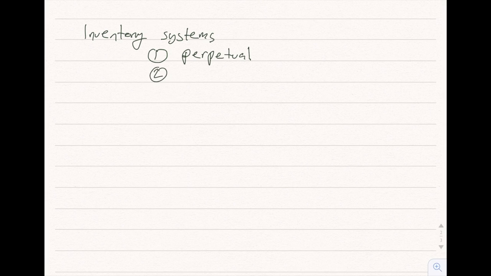The next thing I want to talk about is a little more complicated. It is called inventory systems. Okay, so there are two main systems. There is the perpetual system and the periodic system. So basically the perpetual system just says that if a business is using this system, they